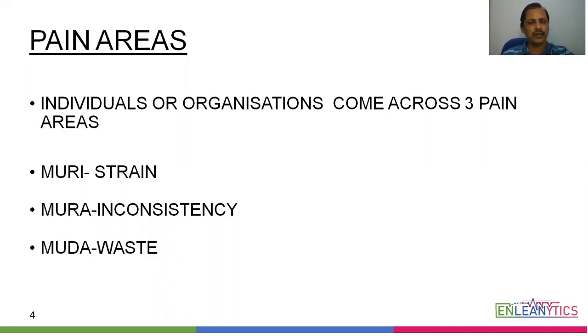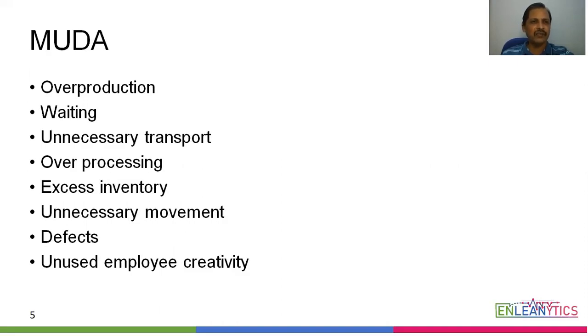The third important M is called Muda, or waste. The Toyota Production System identified 7 deadly wastes. These 7 deadly wastes include producing more than what a customer requires, or the waste of waiting for raw materials, waiting for finished components. It could be machines waiting, operators waiting, or customers waiting. All forms of waiting are called a deadly type of waste.